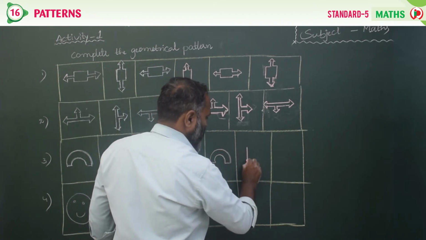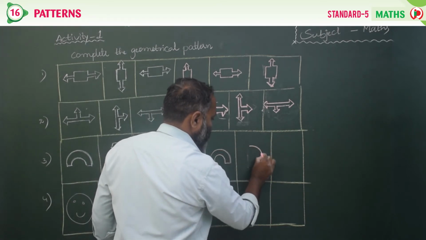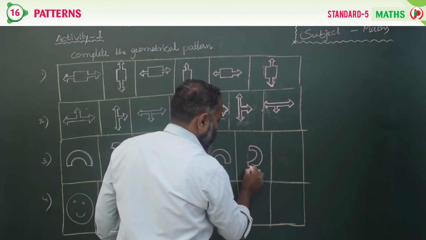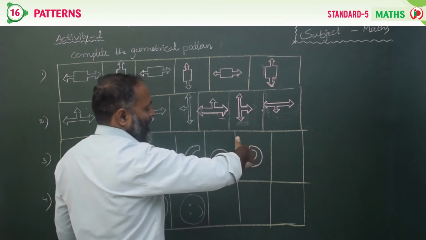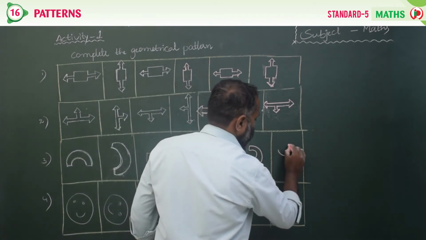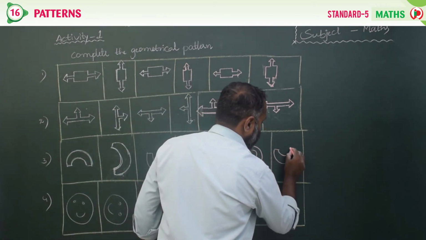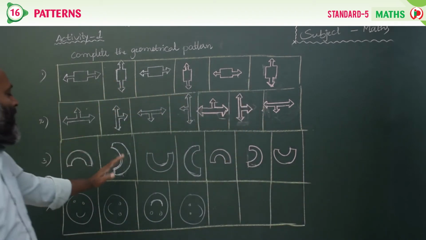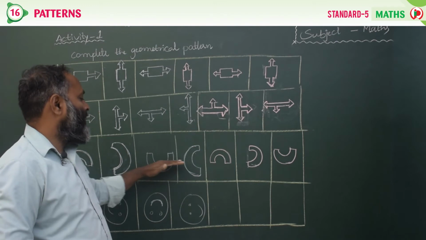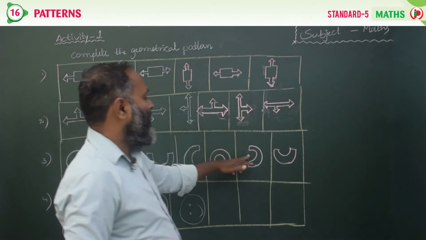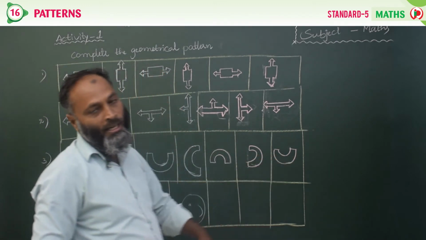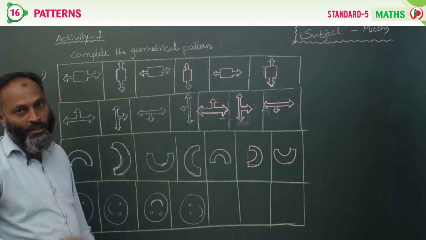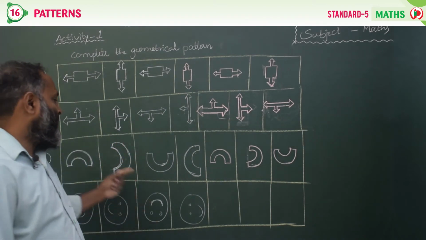So, turn at 90 degrees, then how will it change? It will change like this. Again if you change, then this will come upside. Okay. Down, so left side, upside, right side, down, left side, upside and right side. So, change into 90 degrees, 90 degrees, 90 degrees, rotate it at 90 degrees, then you will get in this